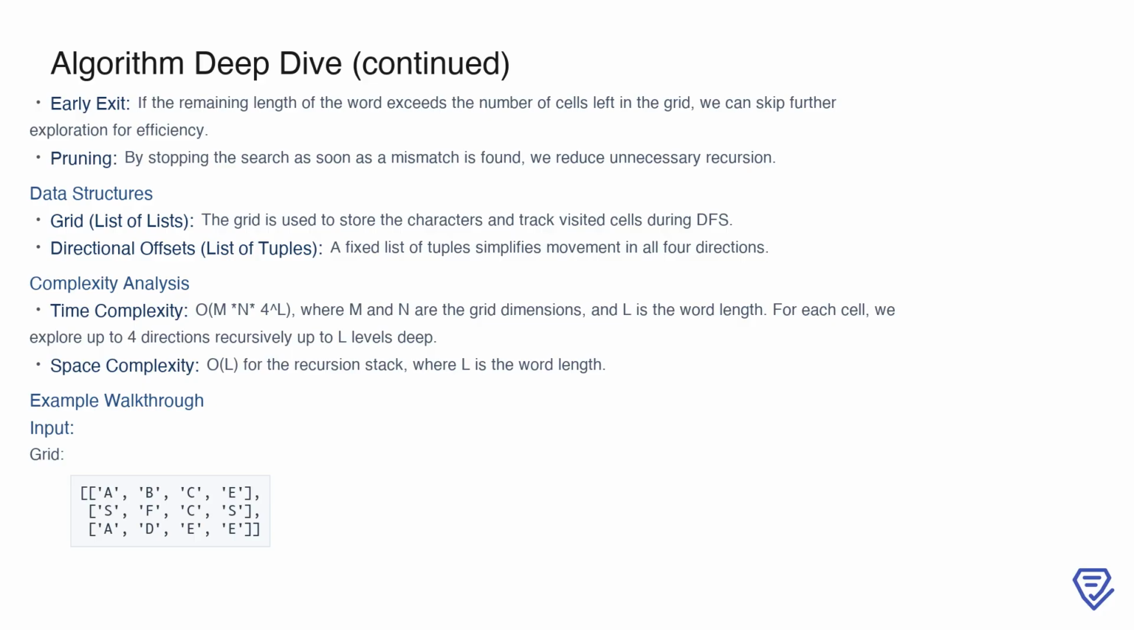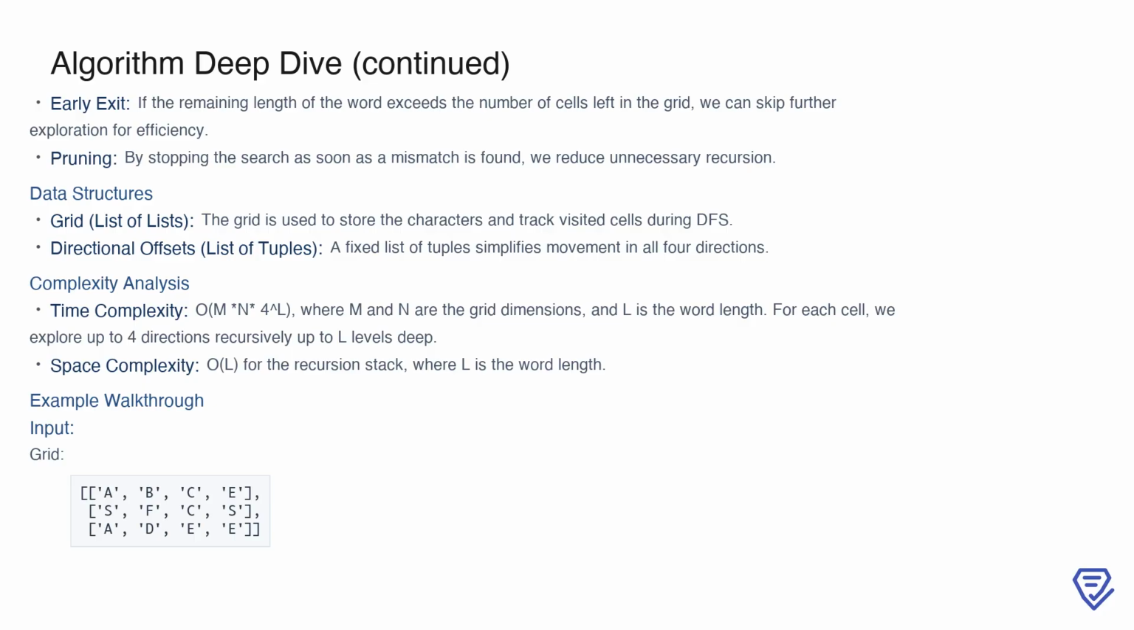Now let's analyze the complexity. The time complexity is O(m times n times 4 to the power of L), where m and n are the grid dimensions, and L is the word length. For each cell, we explore up to 4 directions recursively up to L levels deep. The space complexity is O(L), as we use the recursion stack for backtracking, with a maximum depth equal to